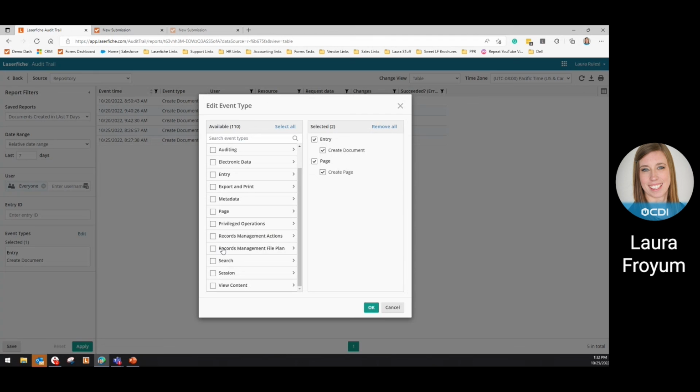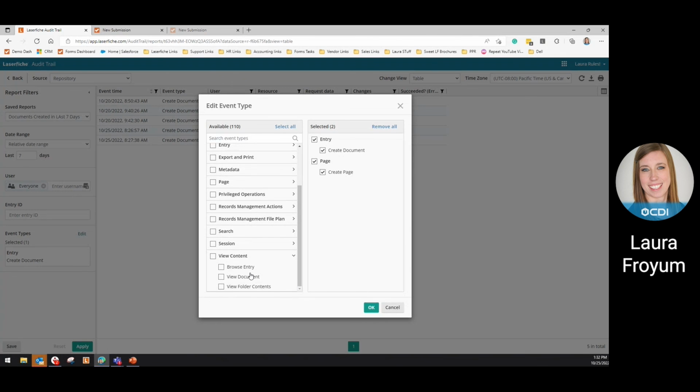Records management actions, searching. So you can run searches within Audit Trail for specific search criteria that people may have looked up. You can run searches on if they searched on the word Laserfiche or something like that. So you get really granular. Sessions, whether they had open documents or sessions, and then whether they've viewed content or not. This is a really good one if you want to ensure,